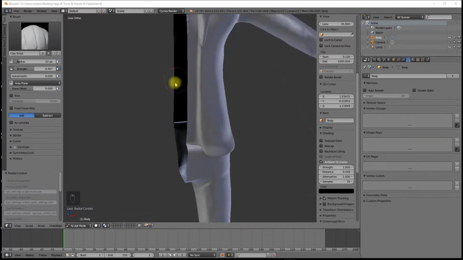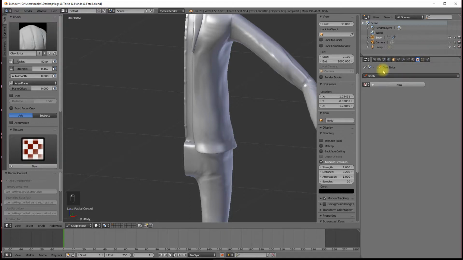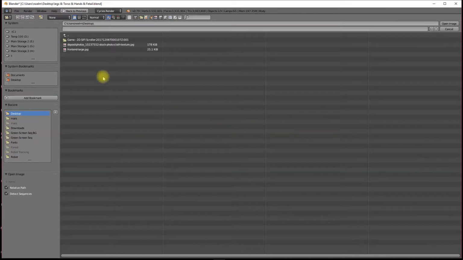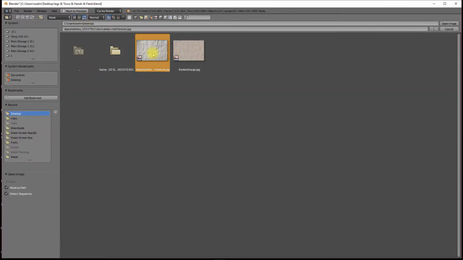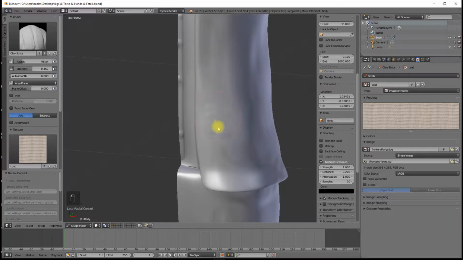Okay, so what I'm going to do here on the coat is I want to put a texture in here, so I'm going to go to the texture tab, and you can see it says brush. So I'm going to go new, and I'm going to say coat. And in here I'm going to go open, and you can see these two here. So this one is going to be my coat, and sort of a pattern. And then when I go over here and press F, you can see that that pattern is now